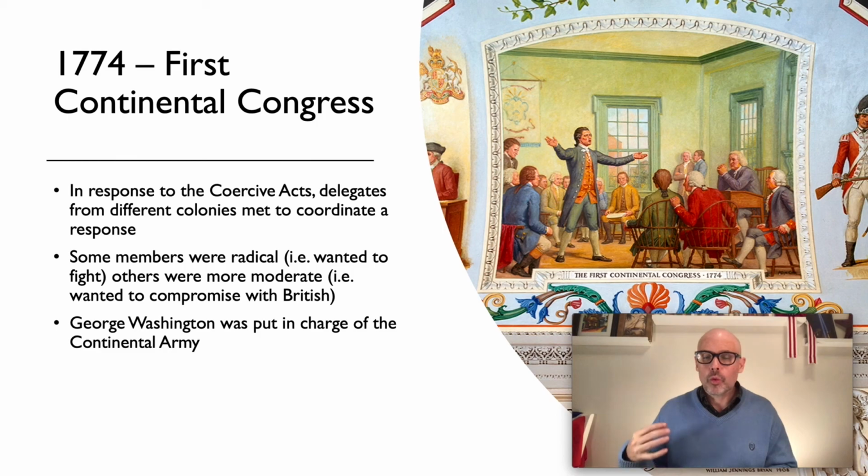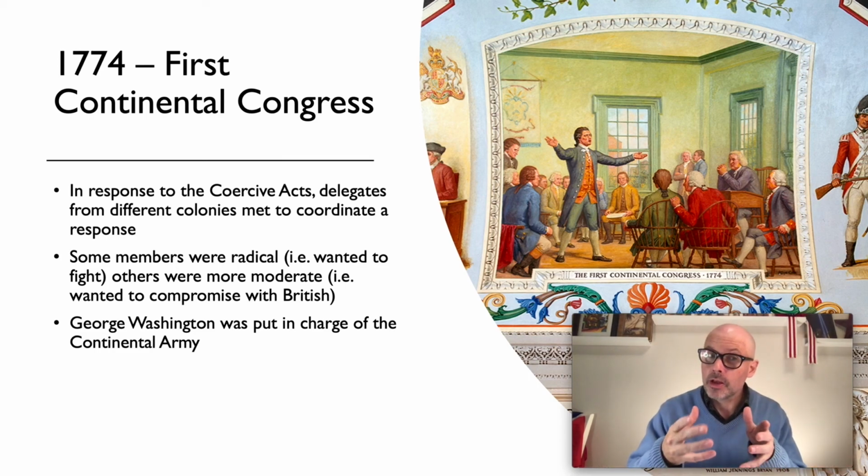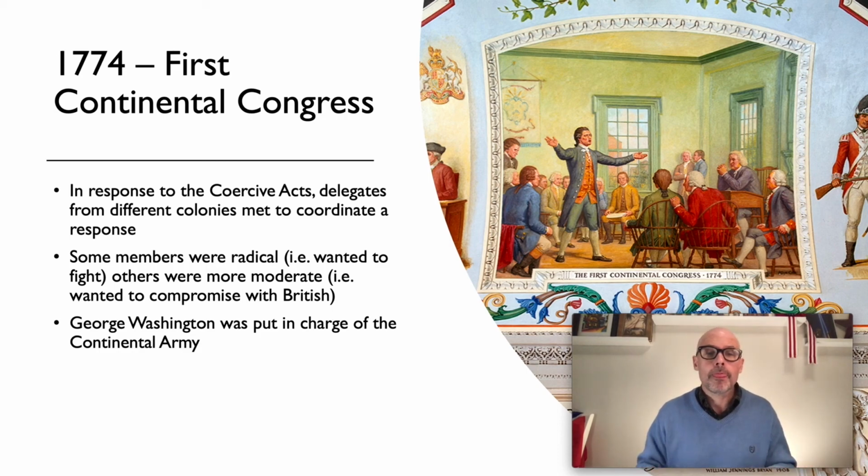So they wanted to coordinate a response, right? And within the delegation, there were different opinions on what should be done. Should you help Boston? If you don't help Boston, they could be coming for Philadelphia. They could be coming for Charleston. You never know. And they also have a Continental Army, and they put George Washington, who was the hero from the